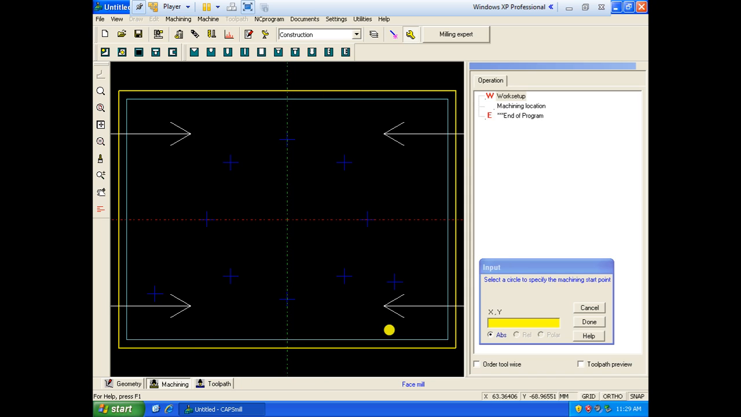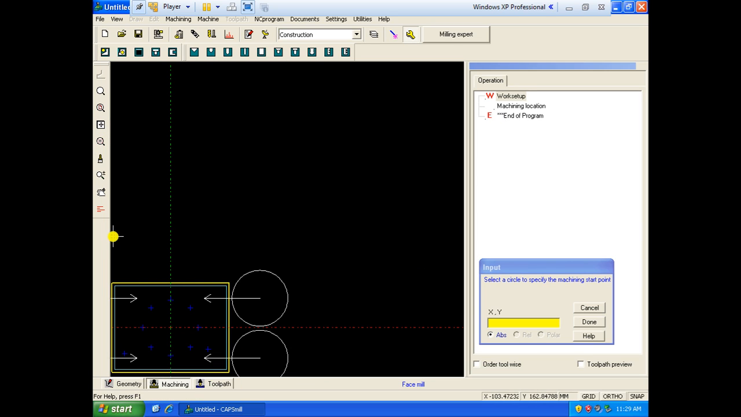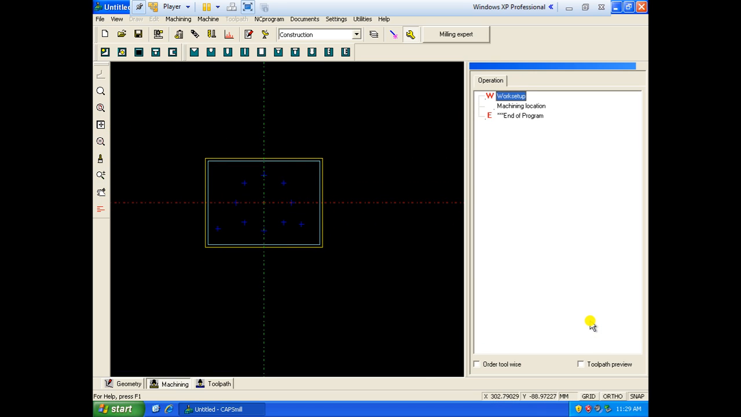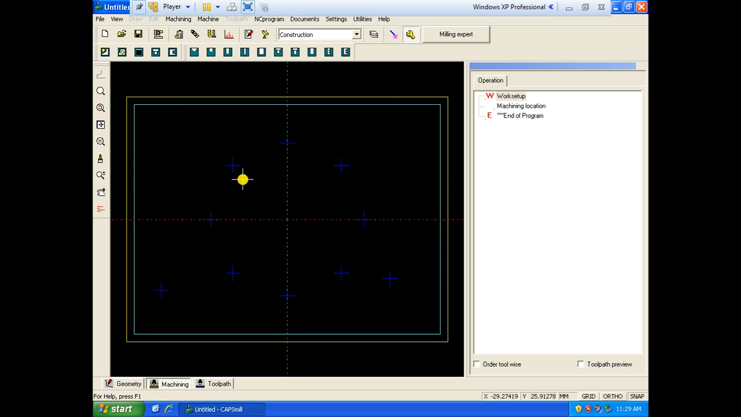Give OK. And it is asking from which side it has to be machined, from the right hand side or left hand side. You can choose any one. If you select right to left, it will machine from the right side. If you select left to right, it will machine from the left side. I have already selected that. Automatically it is selected because of selecting another option. So next is